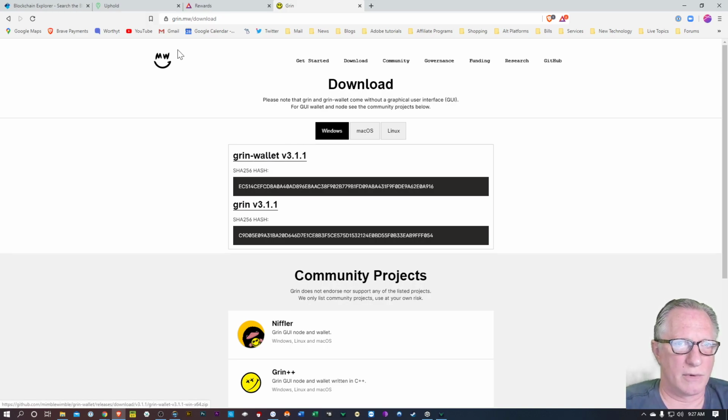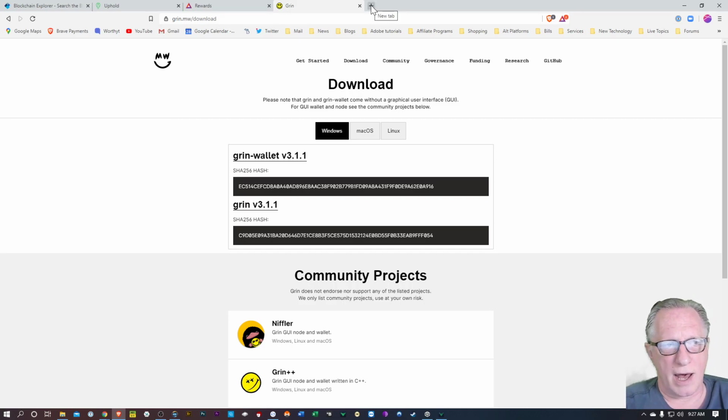You would go to Grin MW, download the Windows version of the wallet, and once you've got it installed on your computer, there are some tools that you can use to generate a Grin address that you would send to a friend, and then they could send it back to you. But like I said, I don't have the wallet installed at the moment. I don't have any Grin. But that's basically, and this is kind of the same for almost any type of wallet.